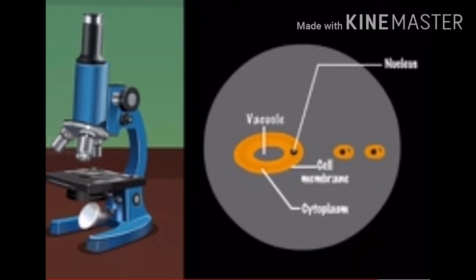The daughter cells produced during this process are smaller than the mother cell. That is a common thing. As human beings, when they are newborn, they are smaller than their parents. So here also daughter cells are smaller than their mother cell. Here we are able to see the nucleus, vacuole, cell membrane and cytoplasm inside the cell. We have now been able to observe that bud formation is there on the slide, and we can conclude that the slide shows asexual reproduction, that is budding in yeast.